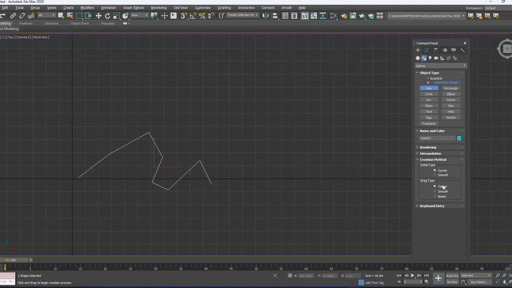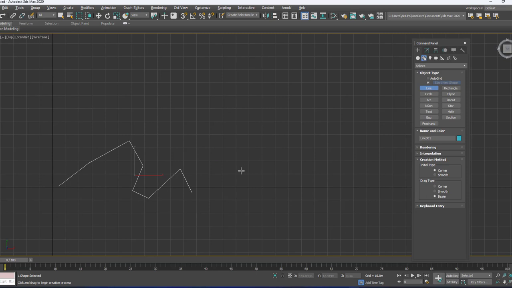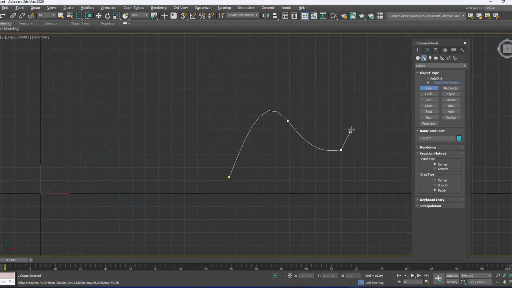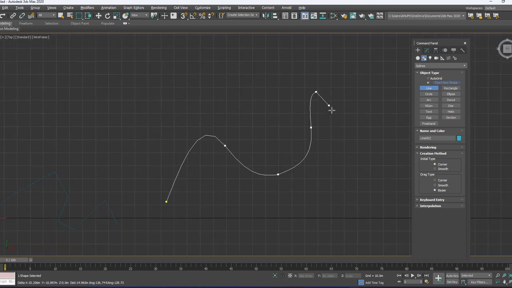Next, switch to corner and then Bezier. Now I am clicking the first point and then dragging. To drag, just hold it and then I am changing the path. Here I am getting the smoothness because of the Bezier property, and then again you click it. So the initial is corner, and again you hold the left button of the mouse to get the bend or smooth curve like this. So this is how you can operate with the corner and then Bezier dragging type.